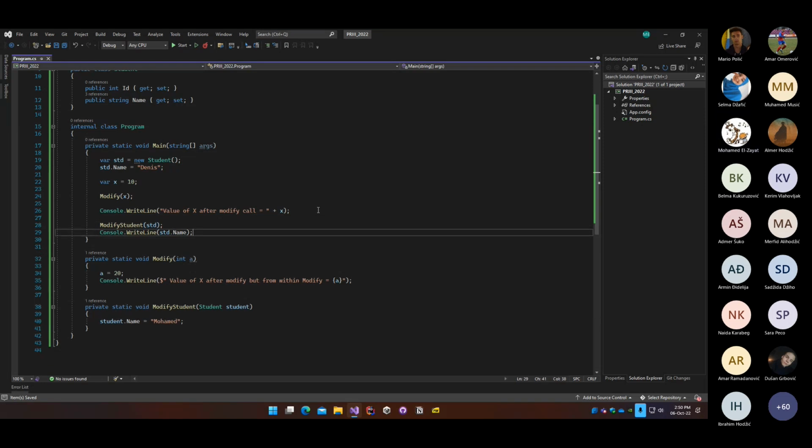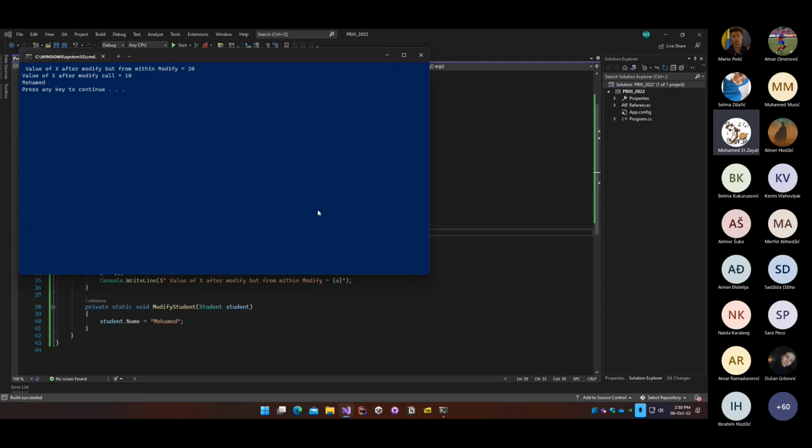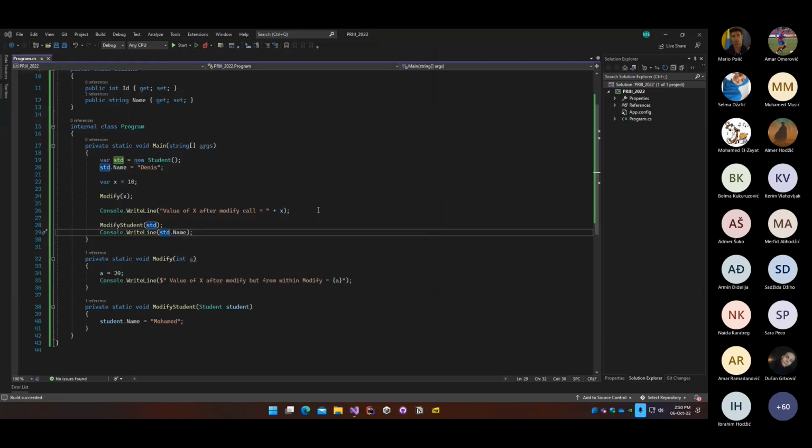Right now, because the student is a reference type, we should be able to see that the student name became Mohammed. So that's how you differentiate between a reference type and a value type. So if you modify an object by reference,